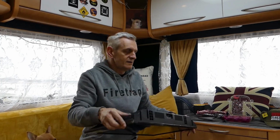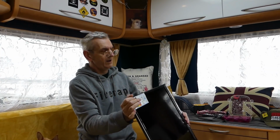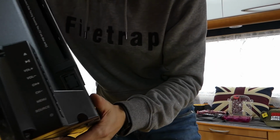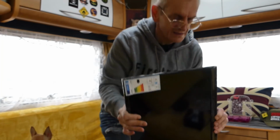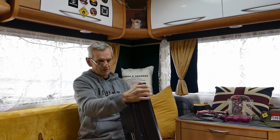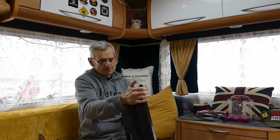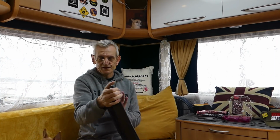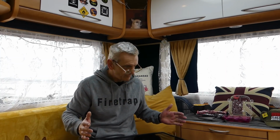Right, so it looks like, which is what I like in some TVs, you know. Right, look at that. I don't know if you can see that. All the buttons there for everything you would need, should you lose the remote. So we've got power on, source, which is obviously aerial or PC or whatever, menu, channel up, down, volume, pause, stop and play for the DVD. So, if you lose your remote for this TV,